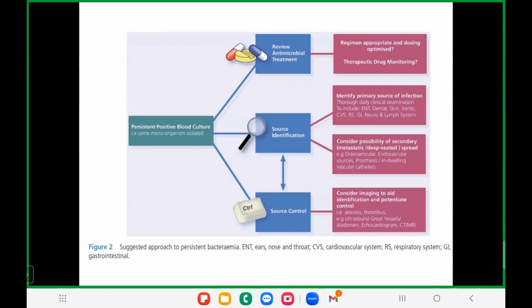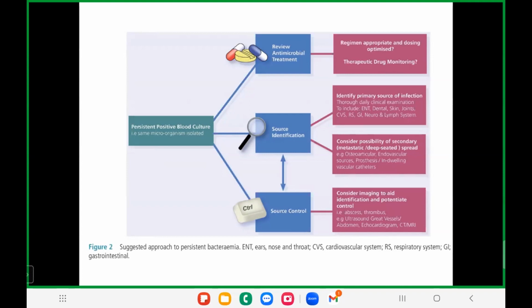And second important point, source reduction. If you have a pneumonia child with empyema, however many days of antibiotics you give, unless you remove the pus, you cannot get the pulse rate down or the fevers down. So it's very important to look for the primary source of infection. If a bone is already osteomyelitic and there's a lot of pus in the bone, you need to drain it. Simply remember, if there's any pus anywhere, you need to drain it. You cannot just give antibiotics and make them improve.